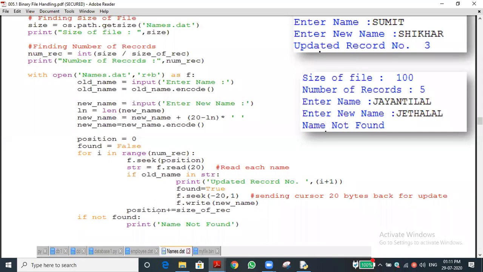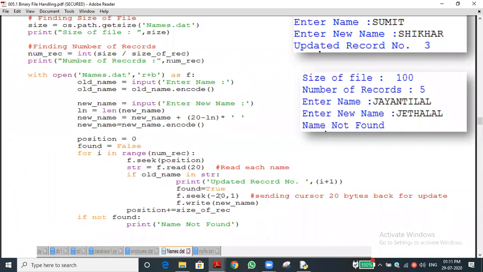Previously, in the first execution of the for loop, the position is updated from 0 to 20. Next time, str equal to, we read again the second 20 characters. So where is the pointer? It is in the 40th position. Now come to this one. Minus 20 means what will happen?